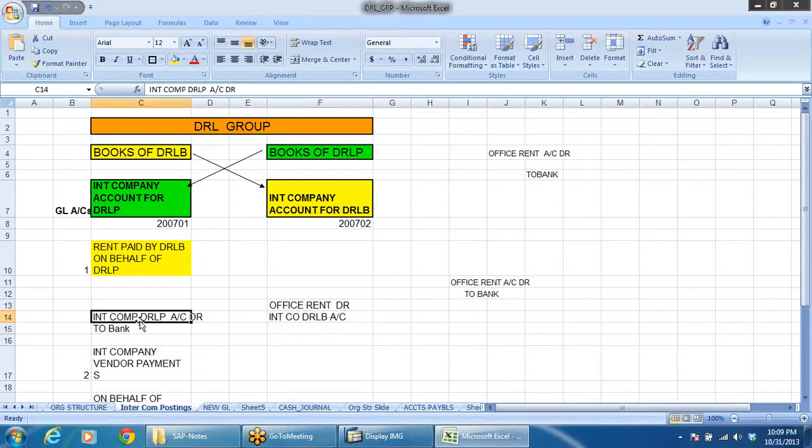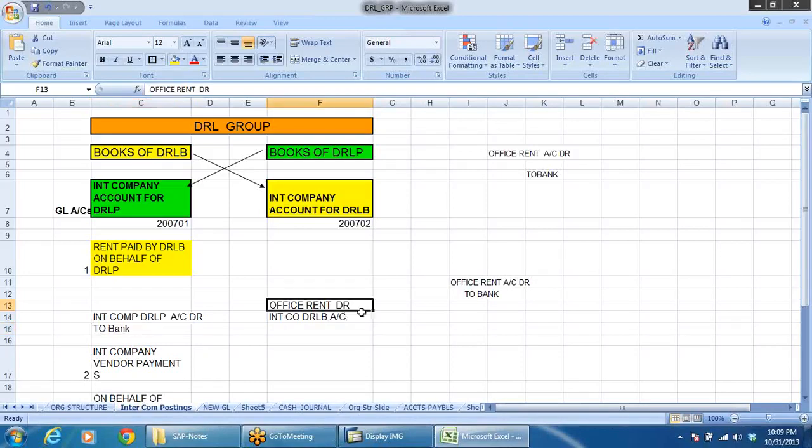Intercompany account of DRLP is debited because, again, the fundamental principles are the same: debit the receiver, credit the giver. This company is receiving, since I am making the payment on behalf of that company. And here cash is going out for me, so I credit cash.